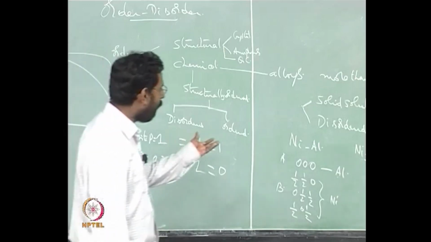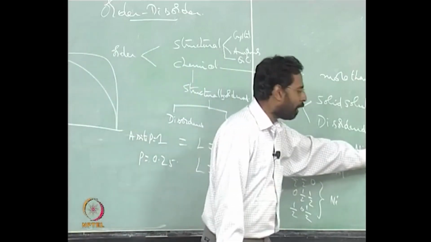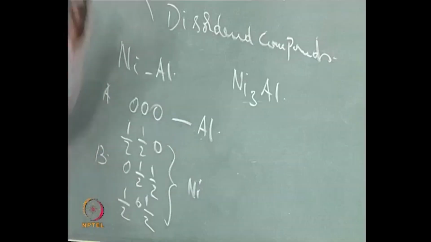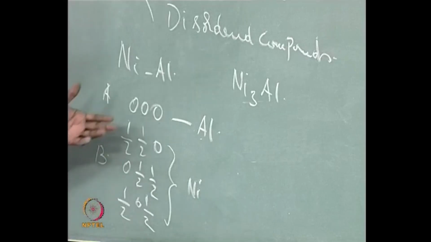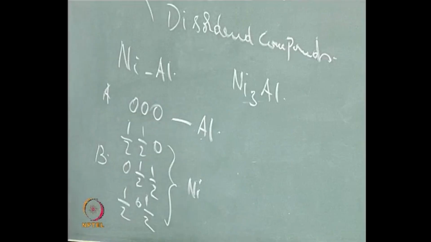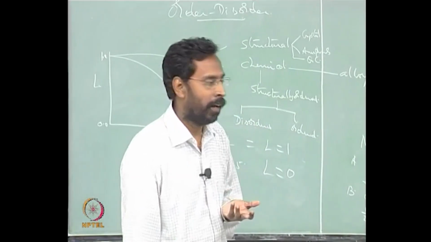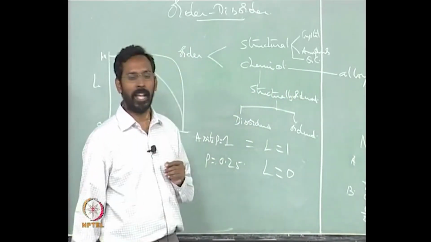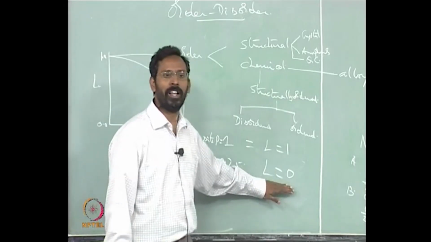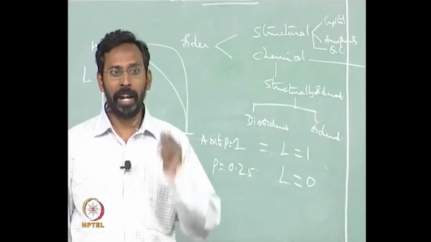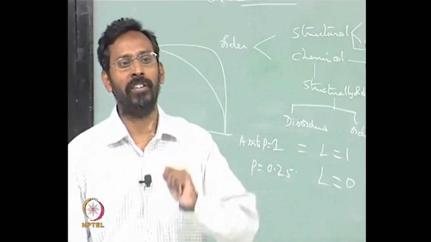That means it is as if the total amount of aluminum is 25% and the 25% is sitting everywhere, and 25% of the aluminum atoms are sitting here. That basically means it is as if there is no preferred site for aluminum. So, if you find the probability of aluminum atoms sitting at the A site as 0.25, then we say long range order is 0. So, this is how we can find out, provided you know where the atoms are sitting,